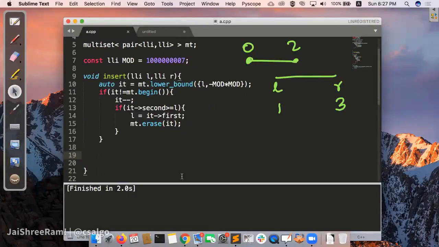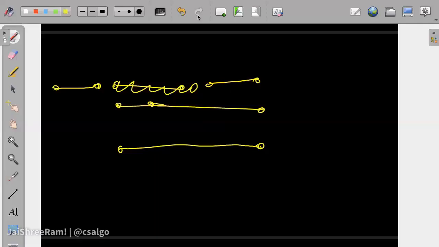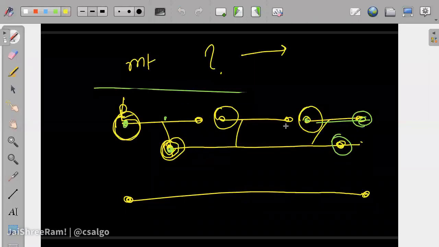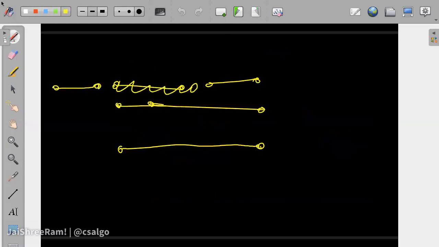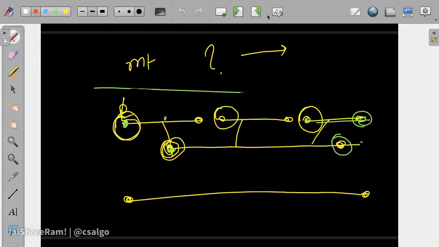So let's try to do the same thing with R as well. Let's talk about the third case first, and then we will delete things in between the segments. So let's try to find the segment which starts before, less than or equal to R. Suppose there was this segment, we have to insert this one, and there was this segment which started at exactly R and went up to this. So we had to get it merged with this one, right? So anything that starts less than or equal to R and goes after R will get merged, and R will get extended.